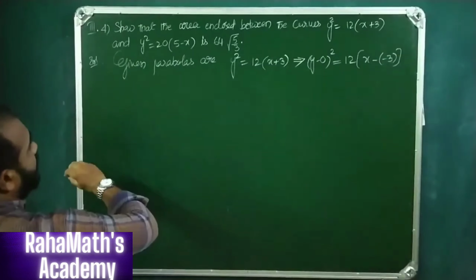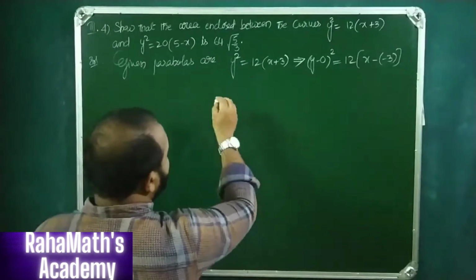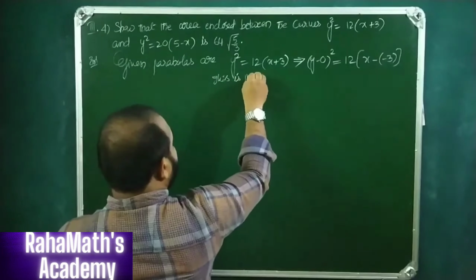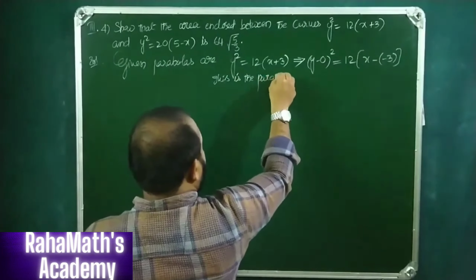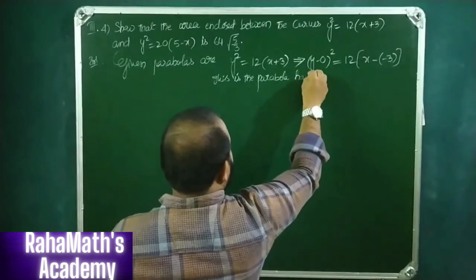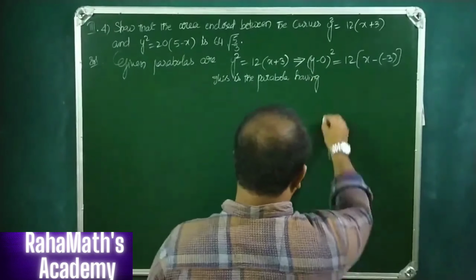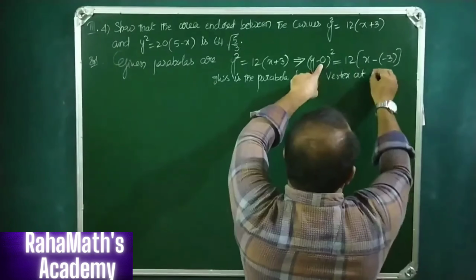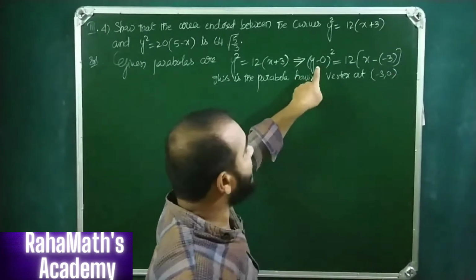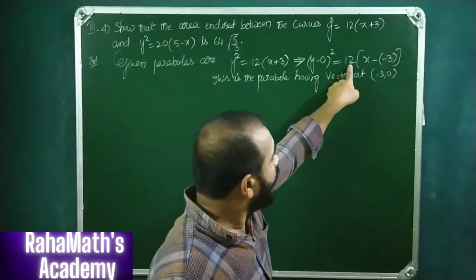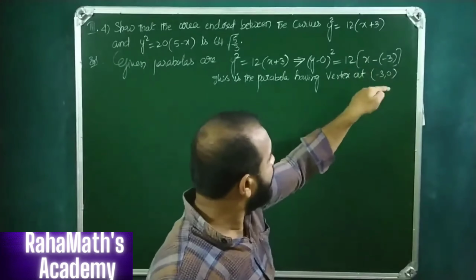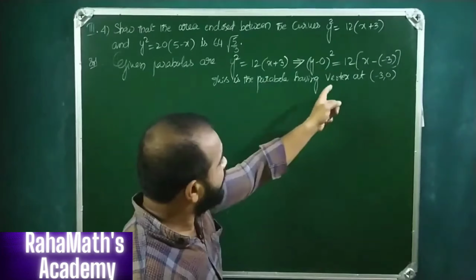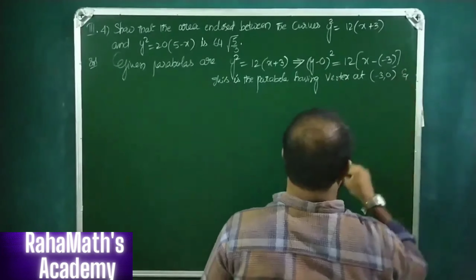Therefore, this is the parabola having vertex at minus 3 comma 0, because it can be compared with y minus k whole square equals 4a into x minus h. Therefore, h comma k is minus 3 comma 0. This is a parabola having vertex at minus 3 comma 0, and it is,